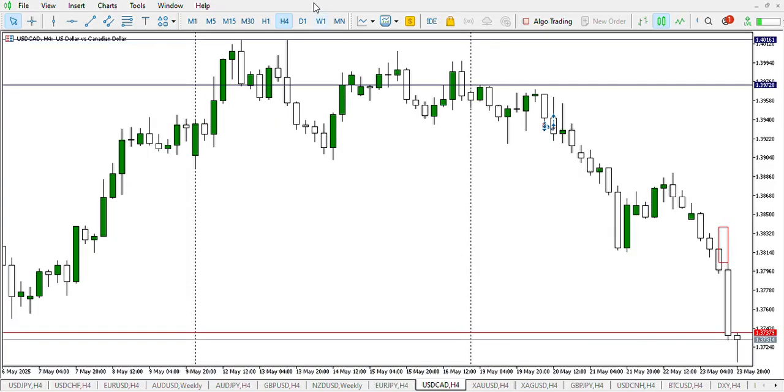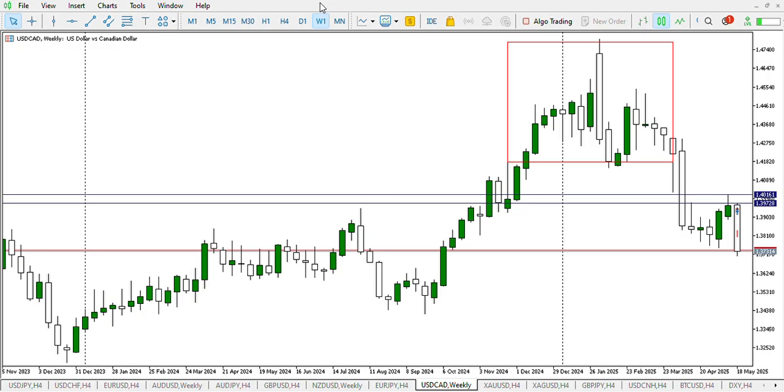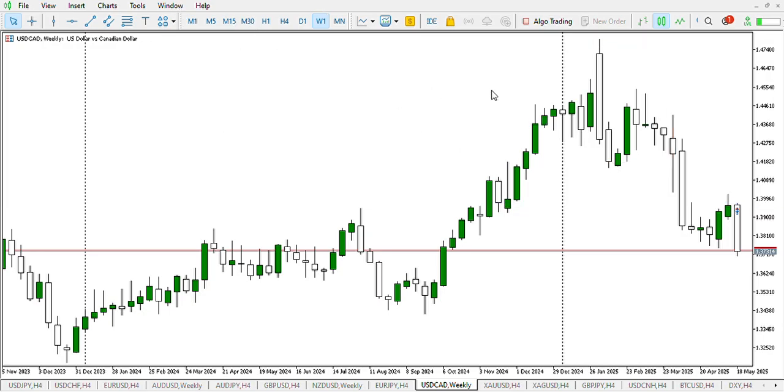On USD CAD, on this level we have strong buyers within this zone at 1.37096,